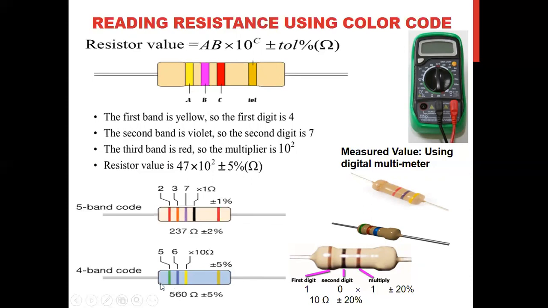This one is also a 4 band resistor. First value is green, second value is blue, third value is yellow, and this one is gold. Gold means plus minus 5%. So from our table, the color code, green is 5, blue is 6, yellow means